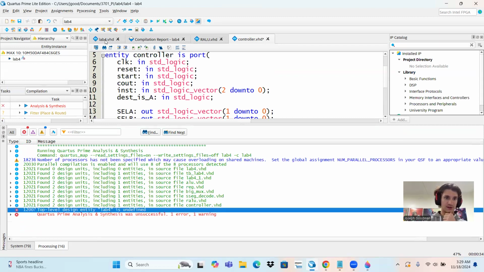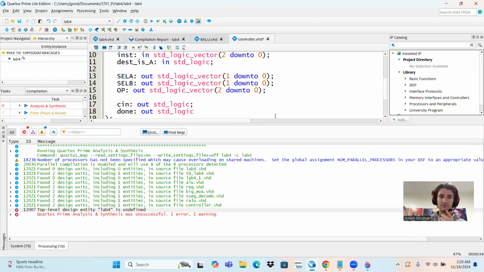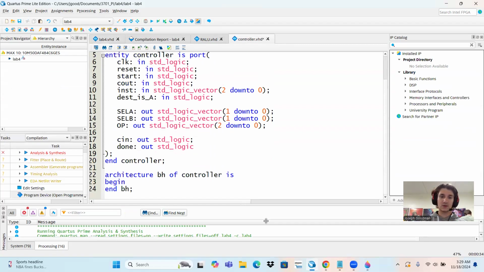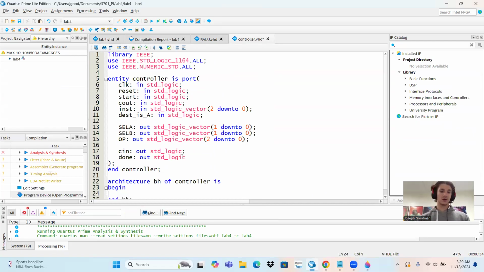Entity lab 4 undefined. So that's because there's no code here, but who cares, right? It's not what we're looking at. So, start writing this architecture. It's a little too zoomed for me. There we go. It's probably better. Okay, so